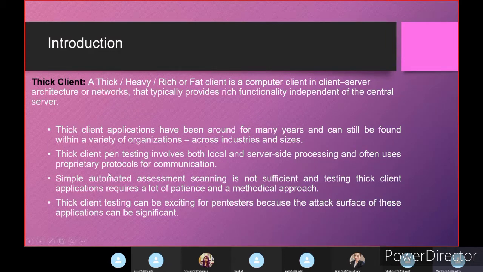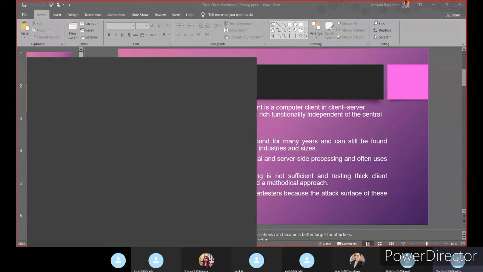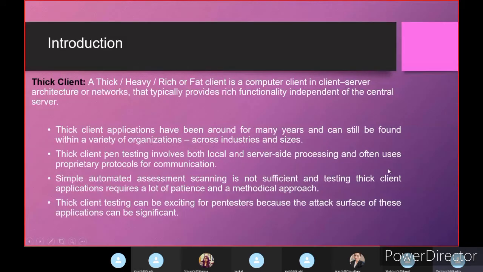But due to the adoption of hybrid infrastructure architecture, thick client applications can become a better target for attackers. Penetration testing of thick clients involves both local and server-side processing and often uses proprietary protocols for communication.